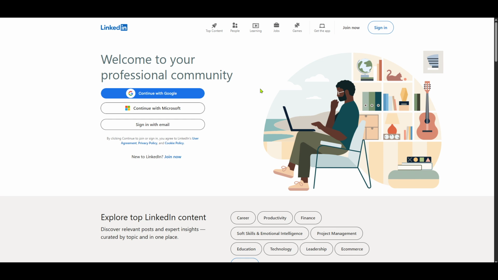First, you're going to want to open your web browser and head over to LinkedIn's official website. If you haven't already signed in, find the Sign In button located usually at the top right corner of the page. Clicking this will prompt you to enter your email address and password. Once you're signed in, you'll be directed to your LinkedIn home feed, the central place where you can explore updates